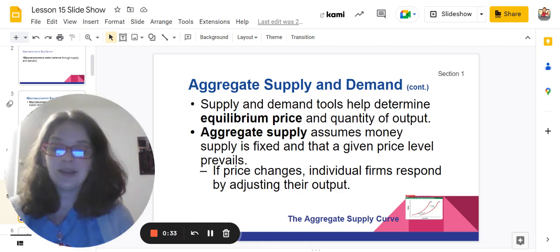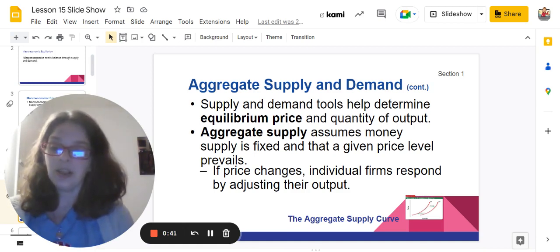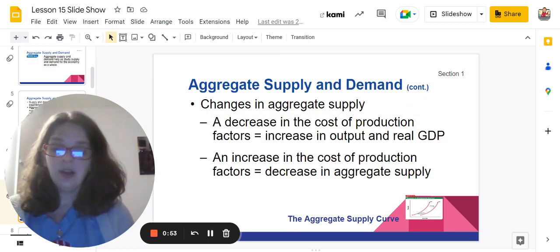Aggregate supply is the total value of goods and services that all firms would produce in a specific period of time at various price levels. It's over a 1 year period. And over a 1 year period, if all production takes place within the country's borders, aggregate supply will equal GDP. Decreases in the cost of production tend to increase aggregate supply, and increases in the cost of production tend to